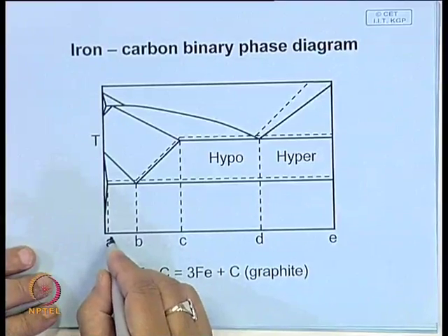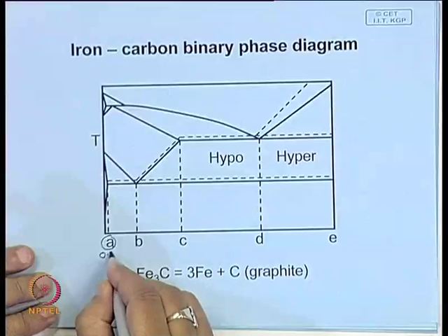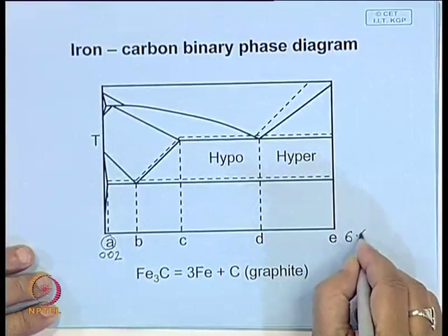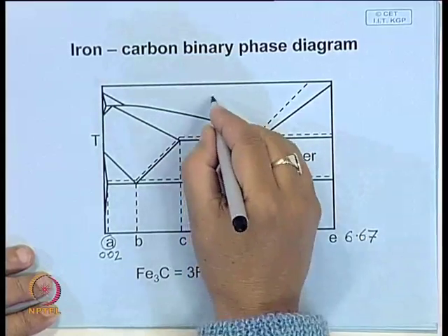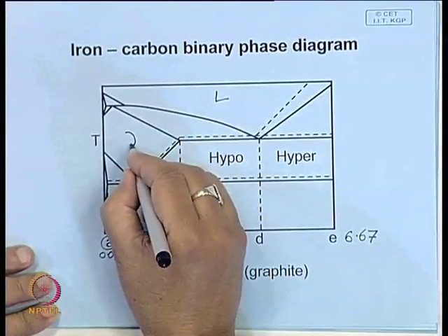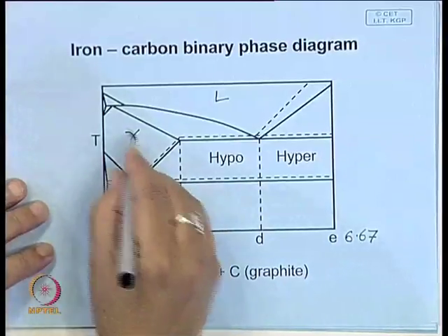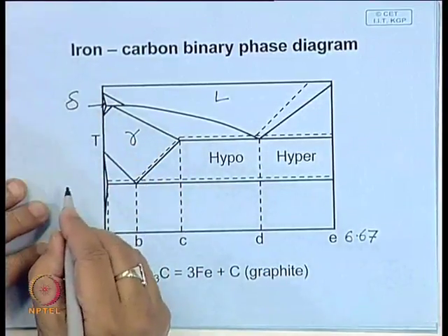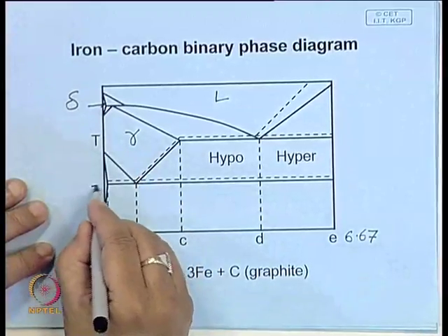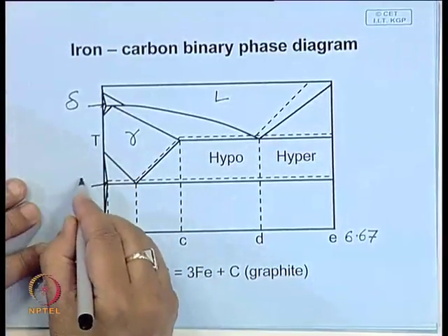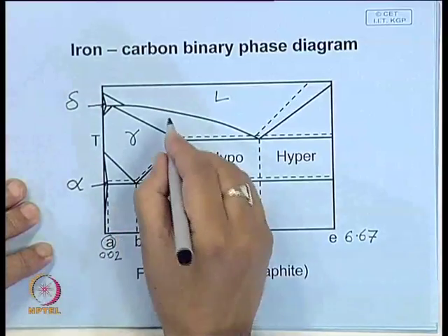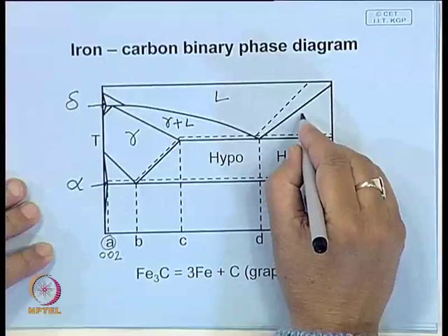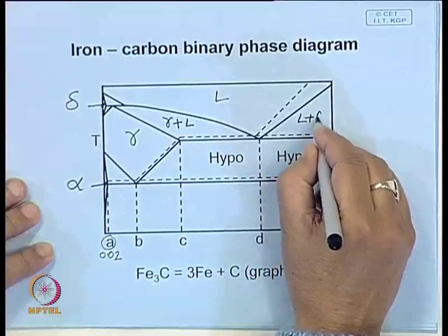Here this is point 0.2, this part is cementite, where carbon is 6.67, this portion is liquid, this is where you have austenite, and this is where you have delta ferrite, and this is the terminal solid solution region. This is the part where you have alpha, here you have gamma plus liquid, here you have liquid plus cementite,